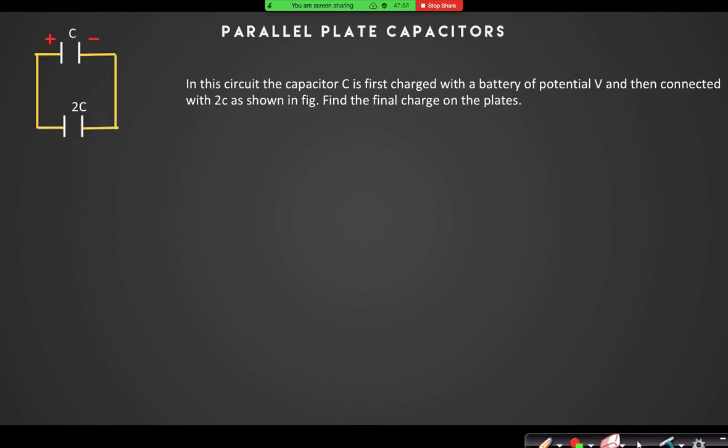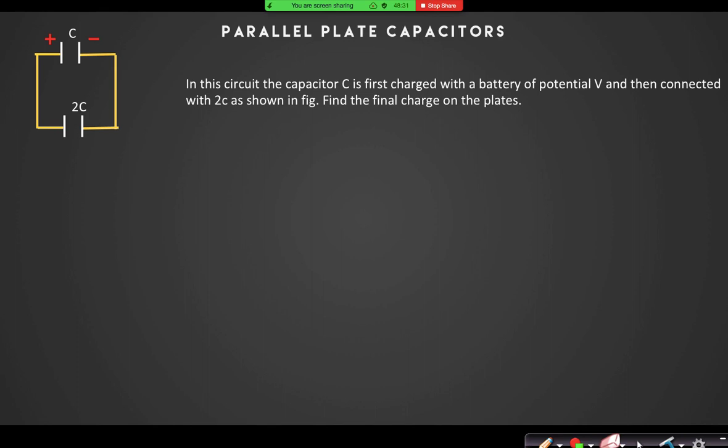Now let us come to the pre-charged capacitor. Here in this case you can see that these two capacitors, C and 2C, are in parallel, or they are connected in a loop actually. But what I have done is I have charged the capacitor C previously with a potential V, so that the capacitor C had a charge plus CV and minus CV on its plates.